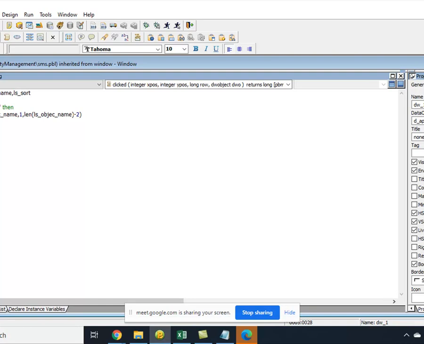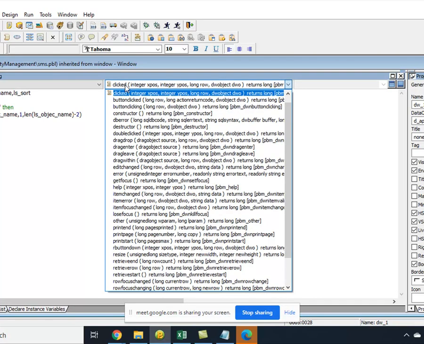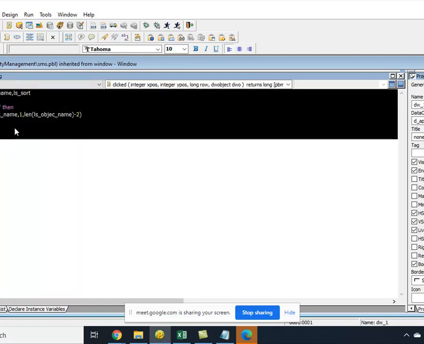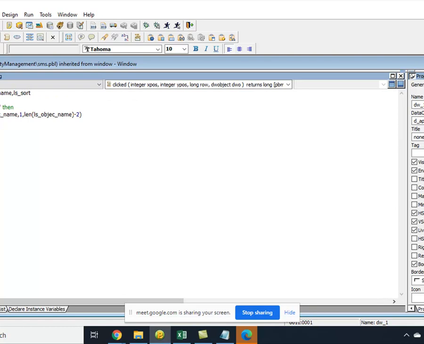We have two things, click and double click. If you click one time, it will sort in descending order. If you double click, it will sort in ascending order. You can do it like that also. Or you can create an instance variable, and you can remember what you clicked last time.